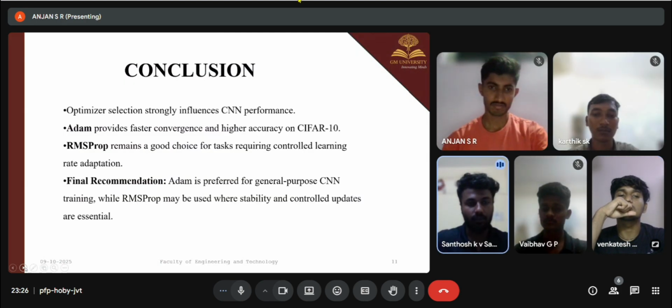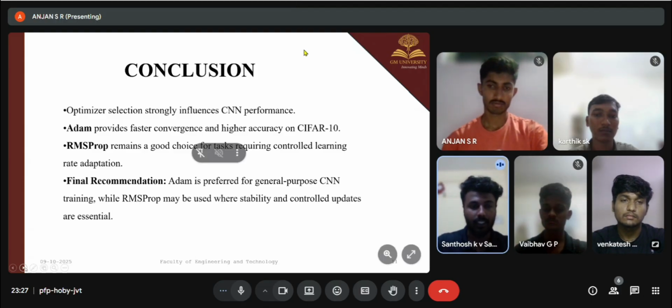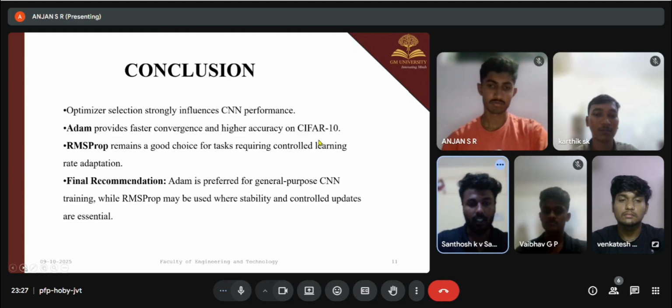Optimizer selection strongly influences CNN performance. Adam provides faster convergence and higher accuracy on CIFAR-10. RMSprop remains a good choice for tasks requiring controlled learning rate adaptation. Final recommendation: Adam is preferred for general purpose CNN training, while RMSprop may be used where stability and